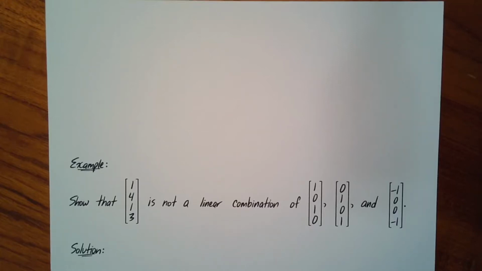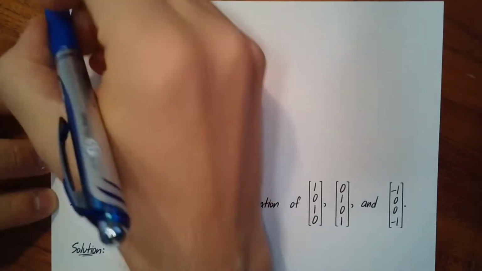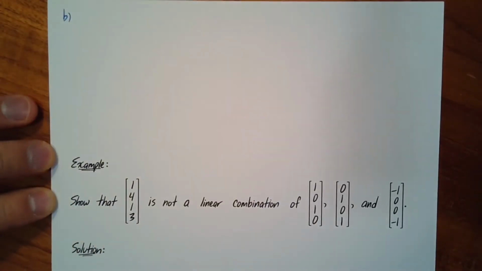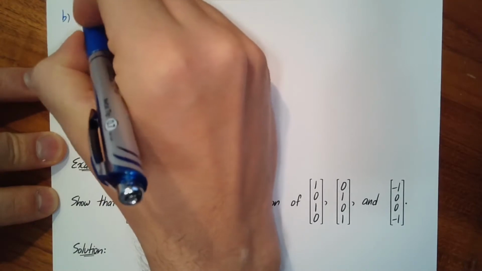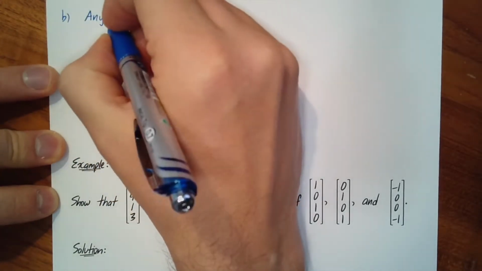Okay, so now our second example is actually going to be a claim that I make to you in general. So here's the claim, and this is going to be part B of our example. So any vector in Rn, that's what we're going to start with. So any vector